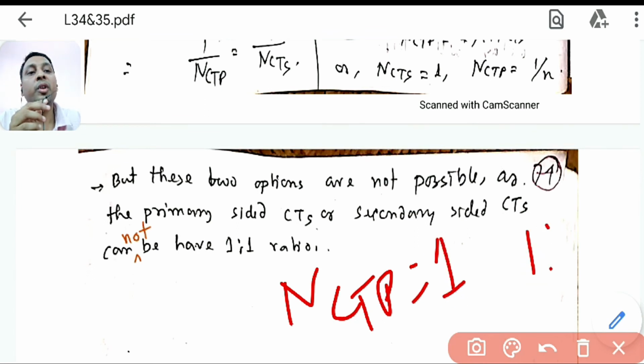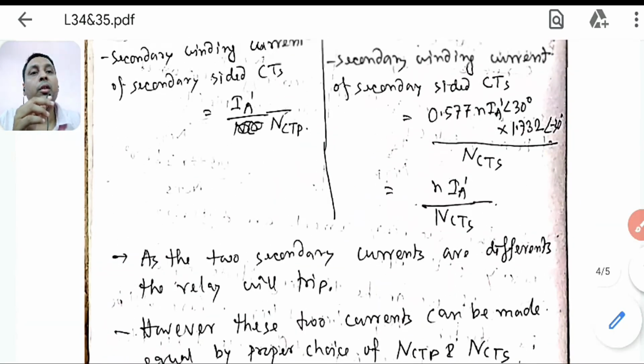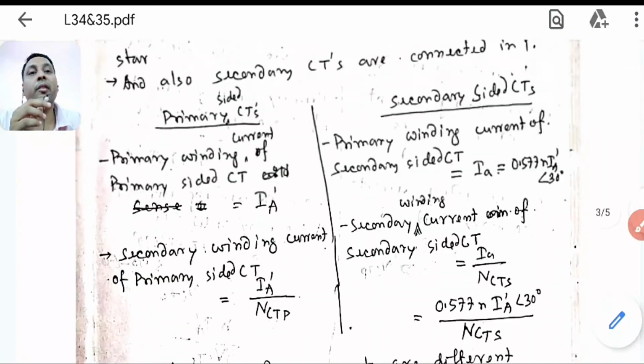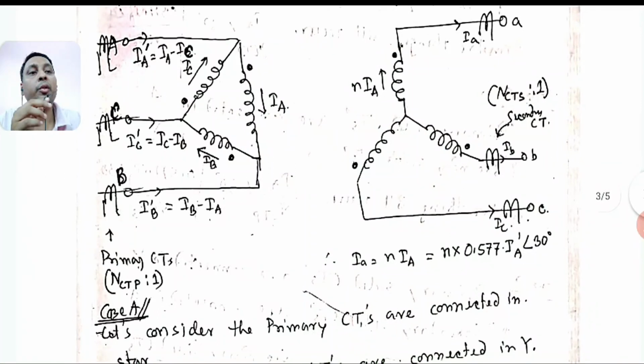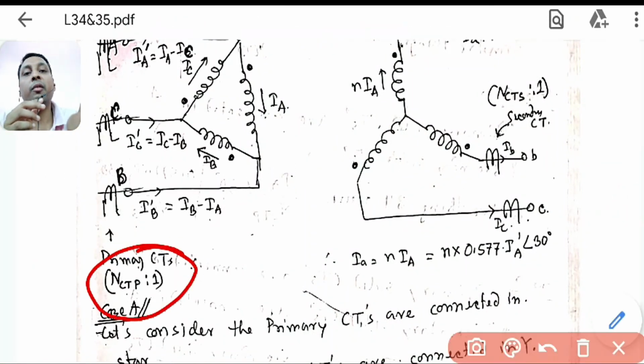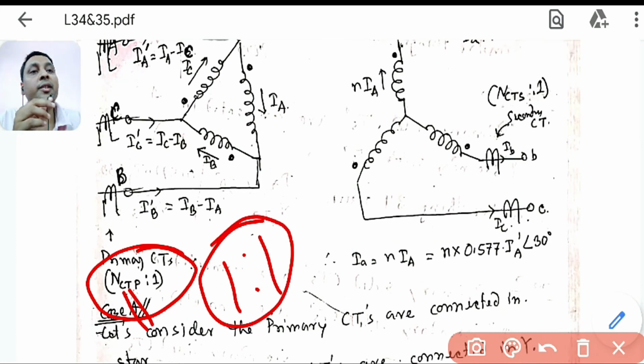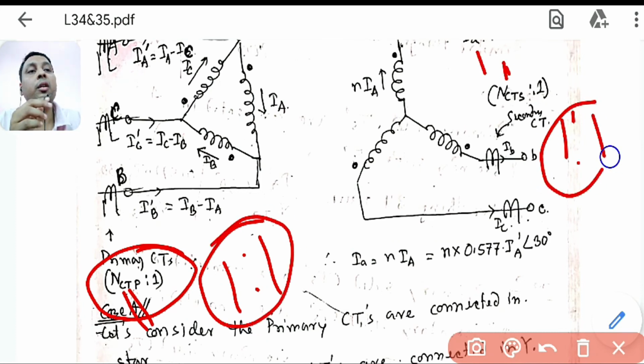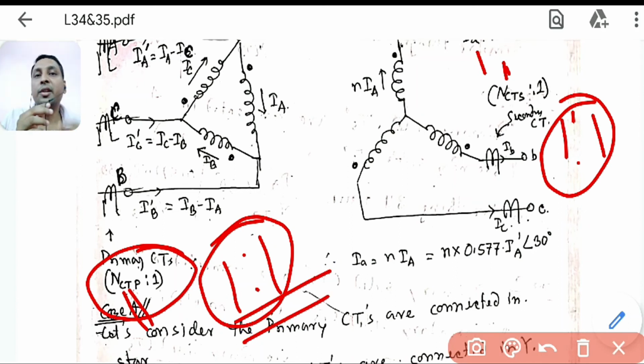1 is to NCTP. So NCTP is 1, that is 1 is to 1. So can CT be 1 is to 1? No. What is the purpose of CT? To reduce the current. If it is 1 is to 1, that means the same. If you are considering NCTP itself as 1, then the ratio is 1 is to 1. If you are considering NCTS as 1, then it is 1 is to 1. So a 1 is to 1 CT is not making any sense, because we want to reduce the CT